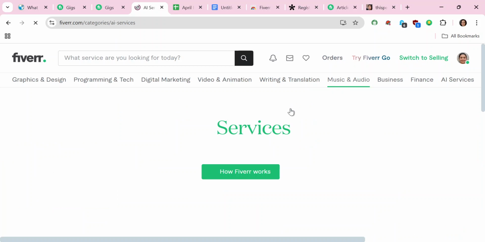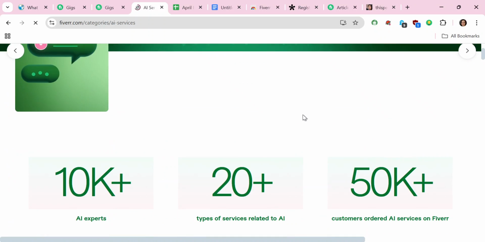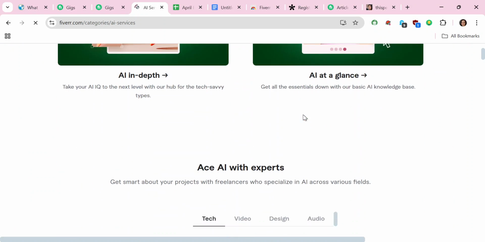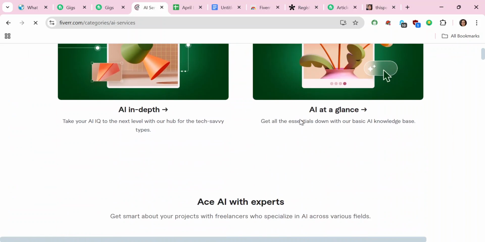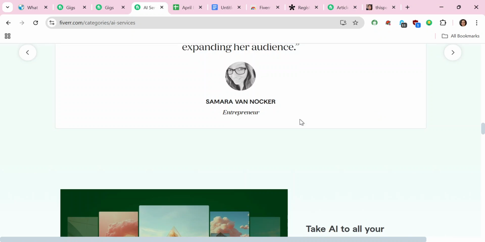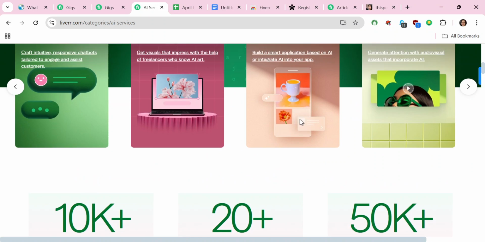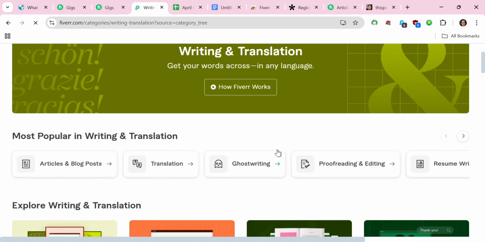then add AI with the help of experts. Good. This is already giving me something else. Okay, this is not what I expected, but let me just choose a very generic one. Let's say writing. Good. So yes, I can click on this ghostwriting,